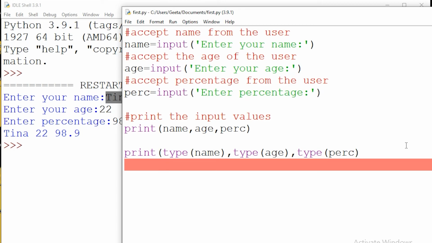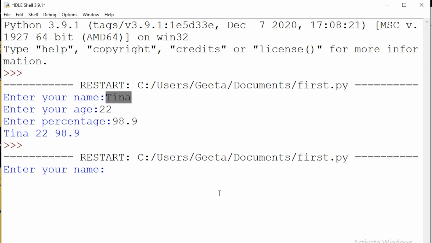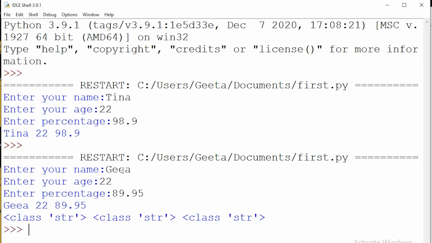So I have started this, but I have not terminated it using the closing bracket. You can see all the inputs are of string type. In further sessions, we will learn how to convert string data type to integer when we want to perform arithmetic operations.